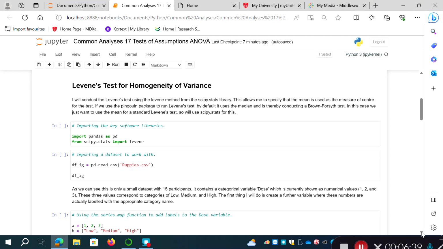If you use the Pingouin equivalent to run the Levene's test, by default it uses the median and is thereby conducting a slightly different test called the Brown-Forsythe test. In this case, we just want to use the mean for a standard Levene's test, so I'll use the scipy.stats method for this. Okay, so let's get started and import some software libraries that we're going to need to